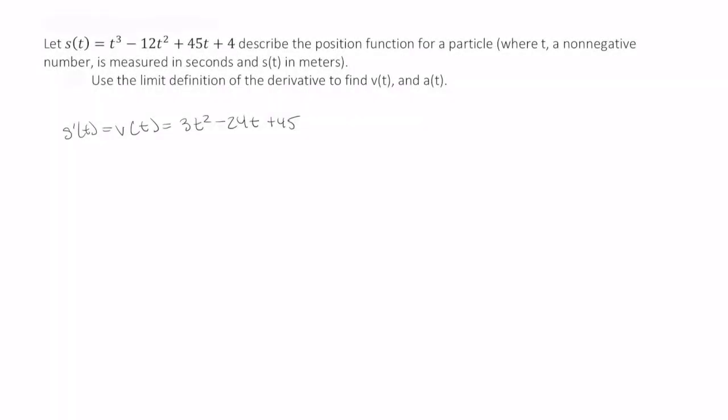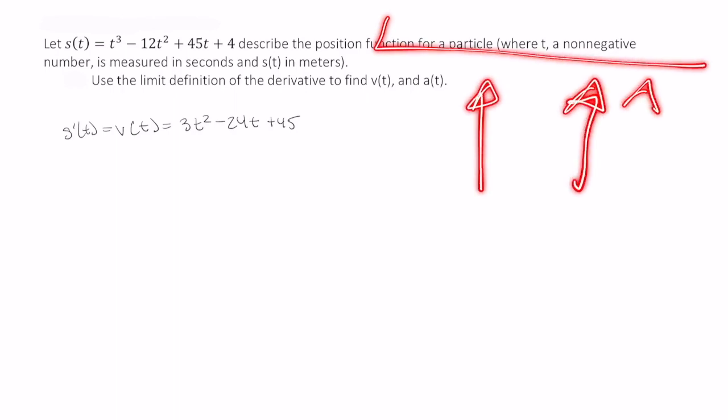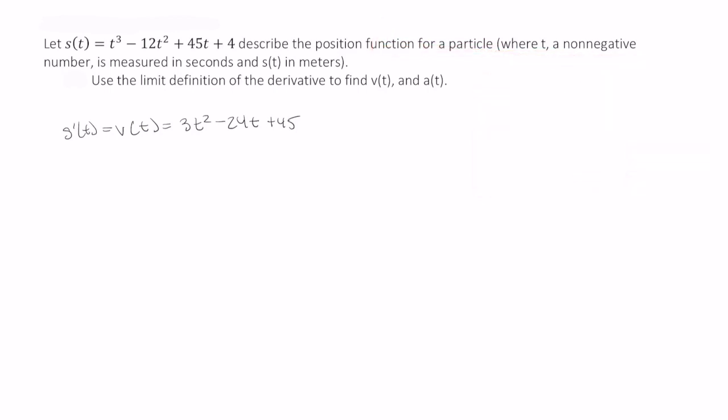Welcome. This video is a continuation of a second video, and if you haven't seen it, you should be seeing a link pop up on the top right corner of your screen where you can watch the first part of this video. In the first part, we use the limit definition of the derivative to find the velocity of this position function. And in this part, we're going to use the limit definition of the derivative again to find the